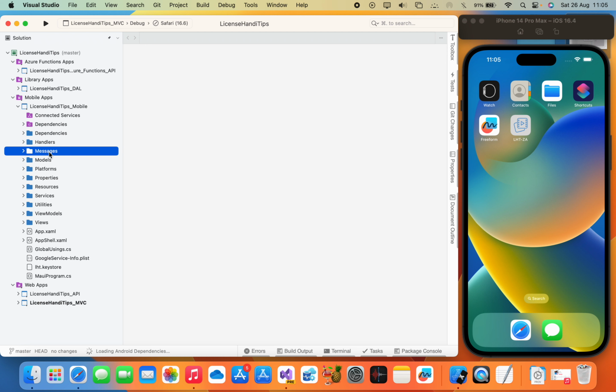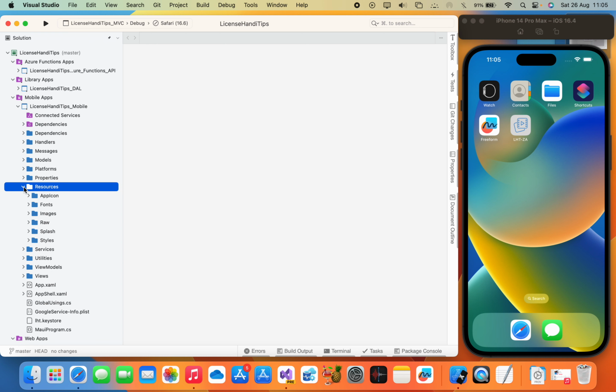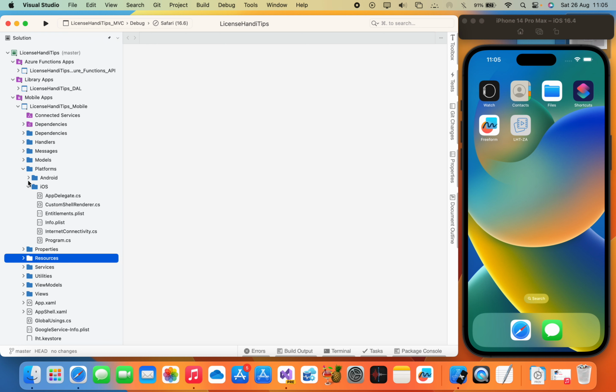And I'm also using MVVM patterns. So I have the models, I have the views, and I have the view models. Then I have a folder called Utilities as a helper. Then I have the Services because this is a dependency-injectable type of project, right? Then, like I said, it has Resources, right? And then when it comes to Platforms,